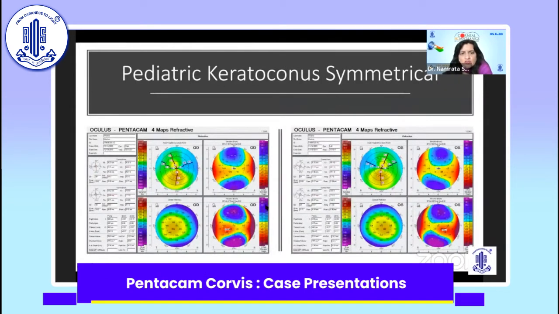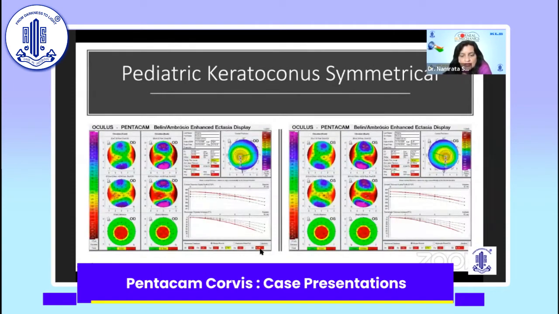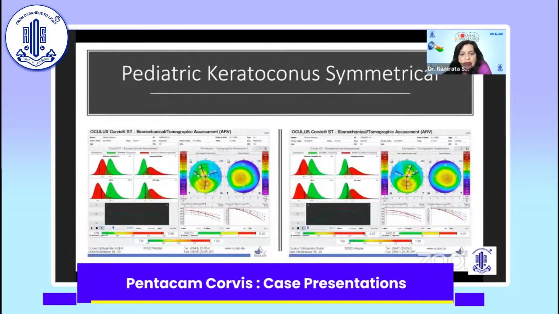Now, this is just to show a case of pediatric keratoconus, which is symmetrical in the right eye and in the left eye, both of them. It is so symmetrical that the maps also look absolutely symmetrical. And again, if you look at the D values, they are also symmetrical, 6.3 and 6.31. And if you look at the CBI and the TBI, they also are so symmetrical. So in very severe cases, I think biomechanics is something that has to evolve, and that has to go into further research. The manufacturers will have to titrate their readings for more severe cases,